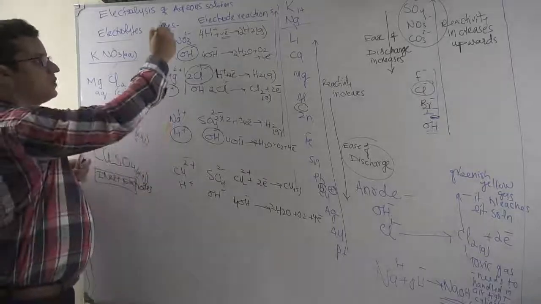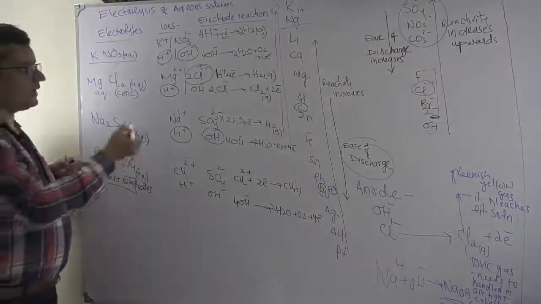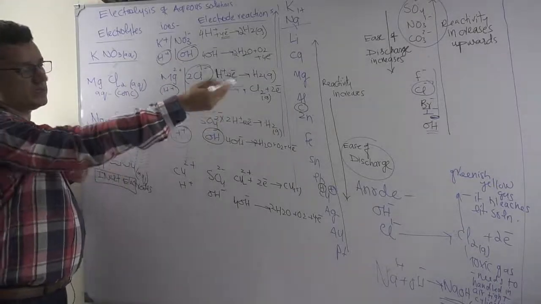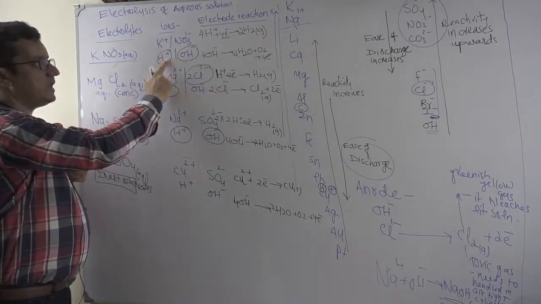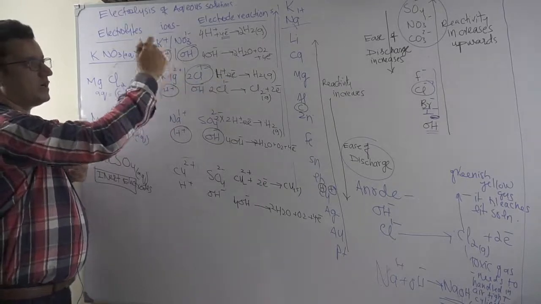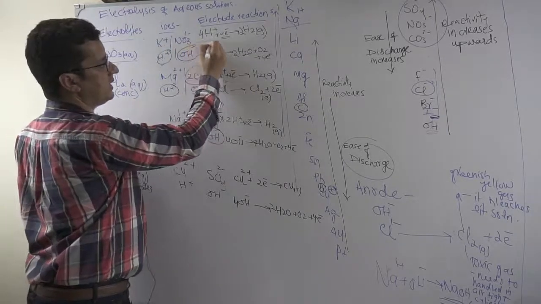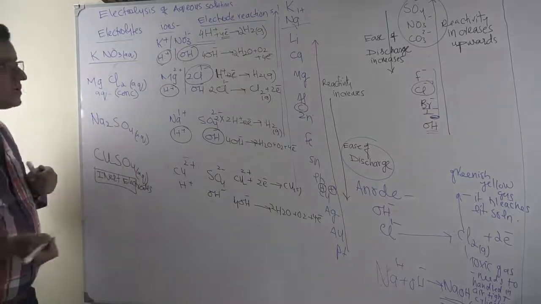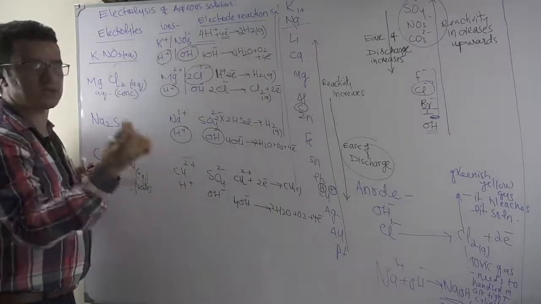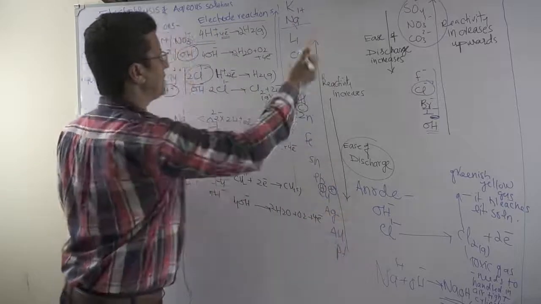Now, if there are two cations and two anions, of course in aqueous solutions, you will find out that selective rules, the rules from the electrochemical series, apply. Hydrogen ion is much below potassium ion, so hydrogen ion will always find its exit. That is why hydrogen is getting discharged, although both ions move to the cathode. But hydrogen ions are accepting the electron with utmost ease. They have a huge ease of discharge as compared to the potassium at the top.